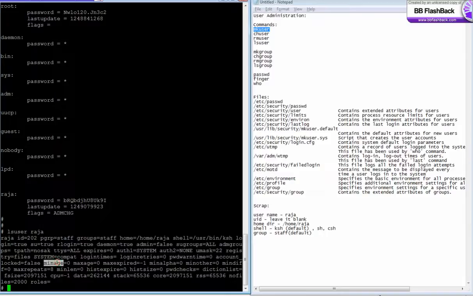Minimum age, that means if I set a password, and if the minimum age is equal to 3, I cannot change the password in 3 days. I need to use it for at least 3 days. This is the minimum age of a password. The maximum age is, if it is 5, that means I can use a password maximum for 5 days, and after